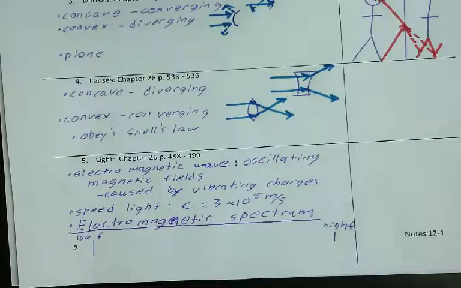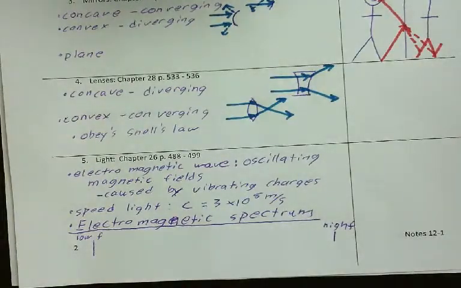The electromagnetic spectrum is just a name for the range of radiation. Let me tell you what they are. Okay, here we go. Radio waves, microwaves, infrared radiation, visible light,